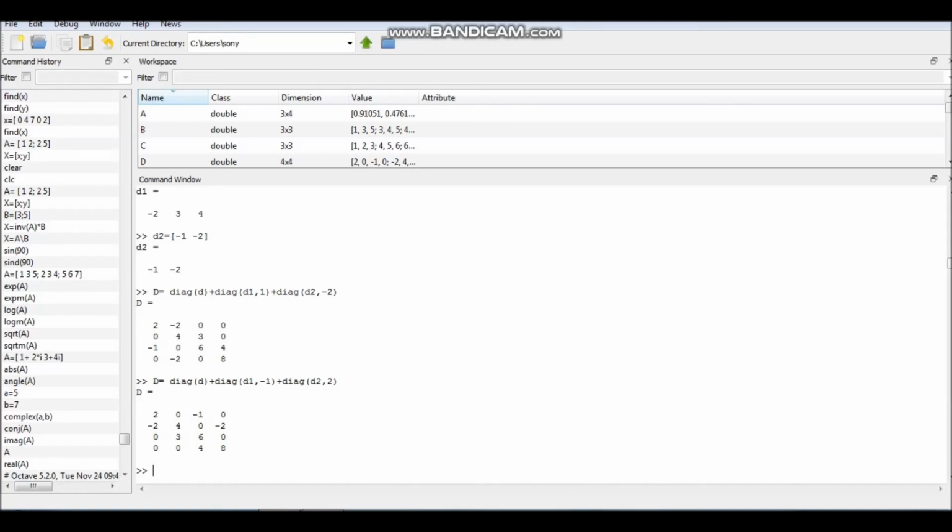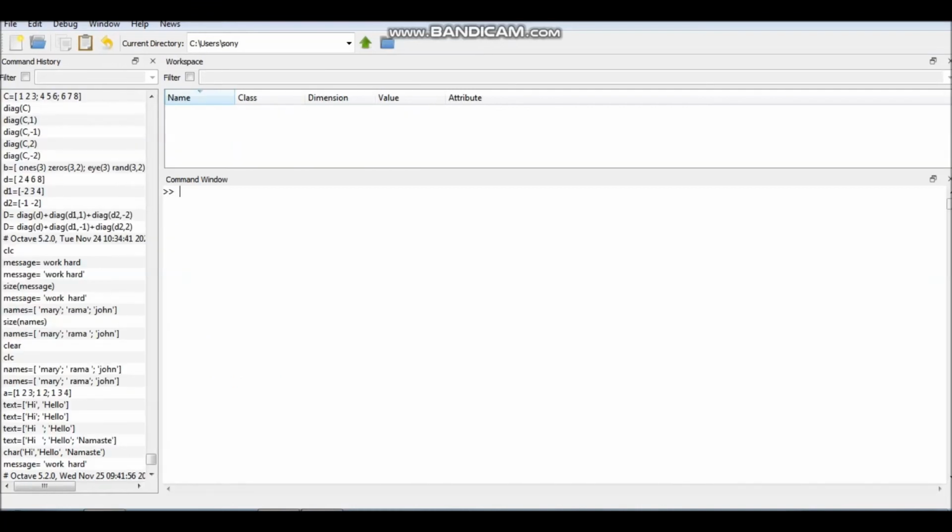Here, this is the first upper of the diagonal, and this comes on this place, first lower of the diagonal, and this second lower of the diagonal goes on the place of the second upper of the diagonal. So in this way, with the help of the diag command also you can generate a matrix. So these are all the different ways of generating or creating vectors and matrices.